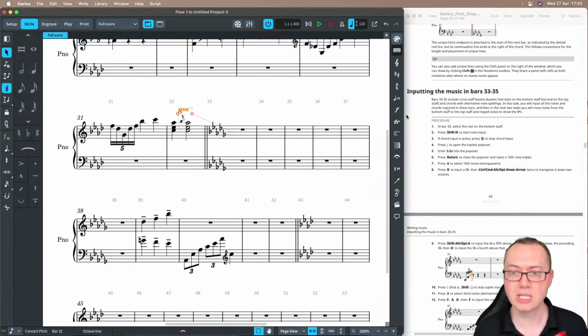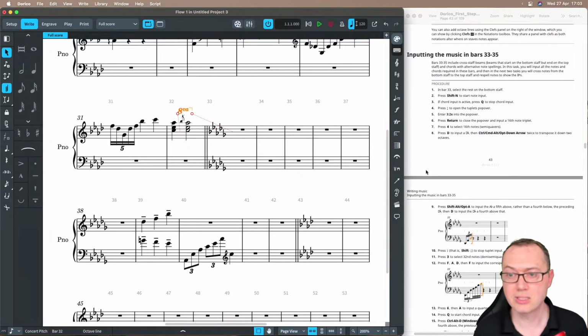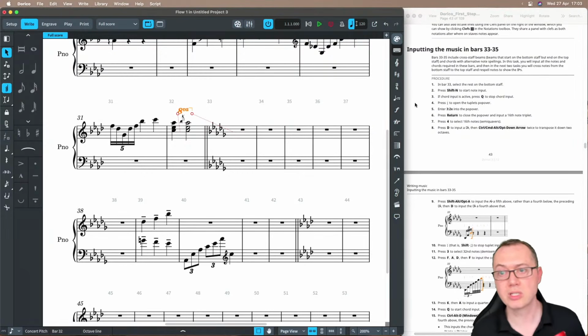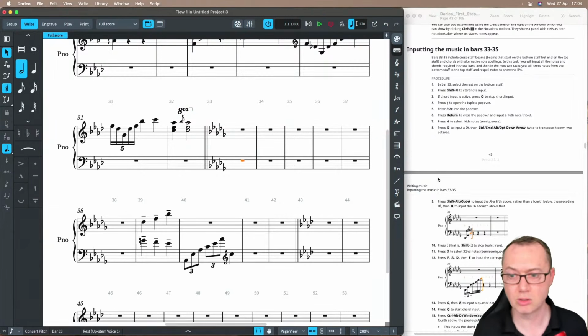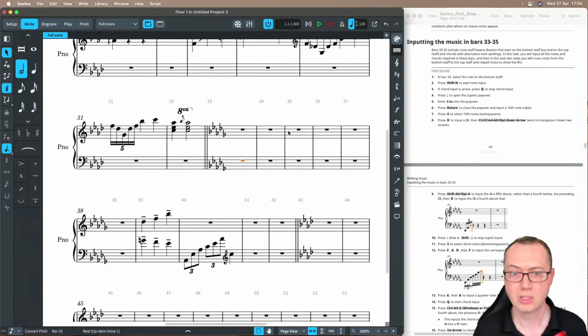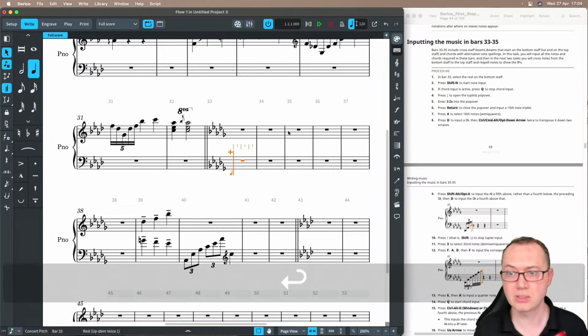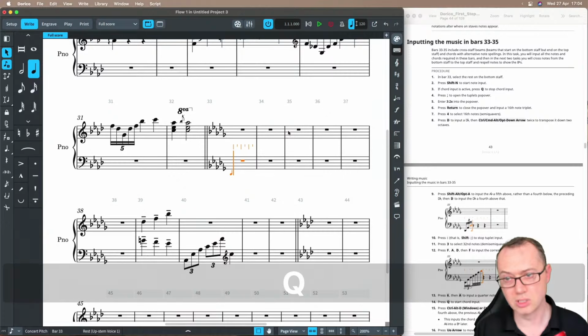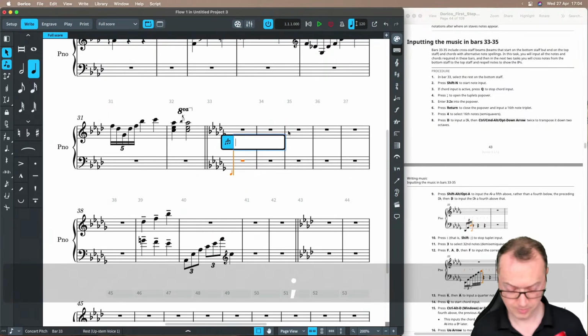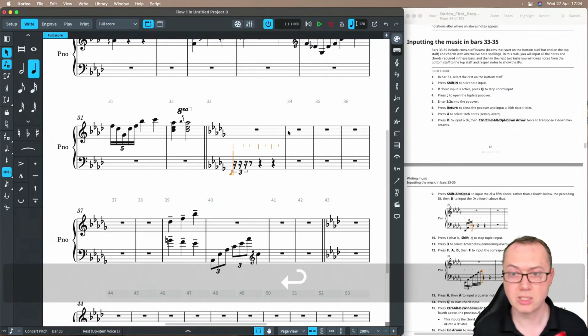You can also enter these from, again, you can use these panels on the right hand side should you want to. So now it says to input the music in bars 33 to 35. And the reason for this is we're going to look at very quickly some cross-staff beaming options. So we're going to enter note input, stop the chord input because we don't want chords at this point, enter tuplets, 3 in the time of 2, X,